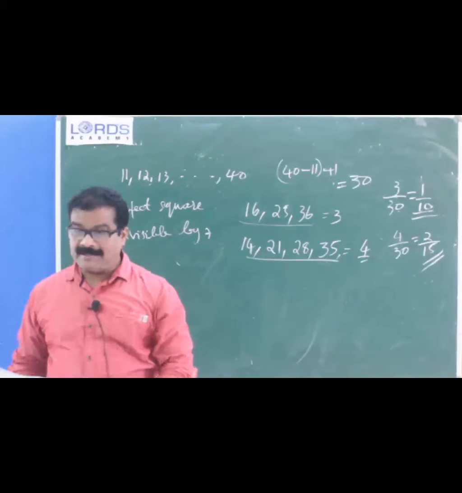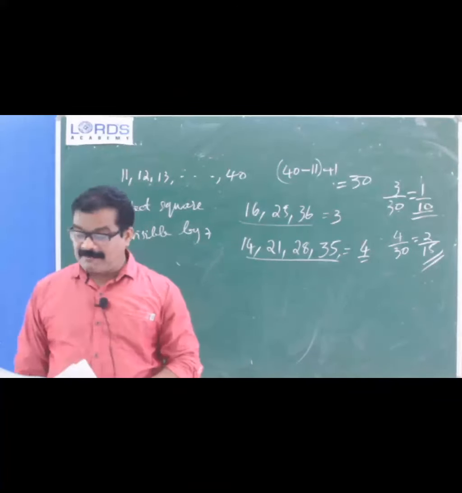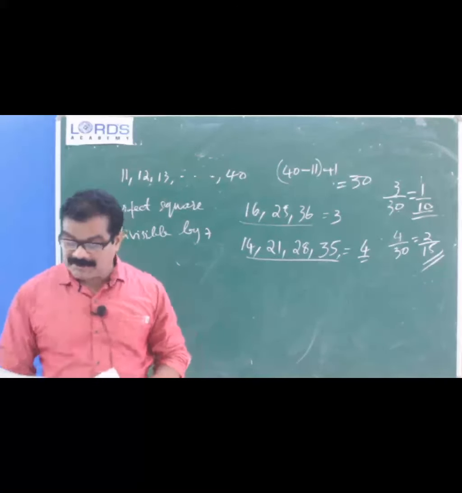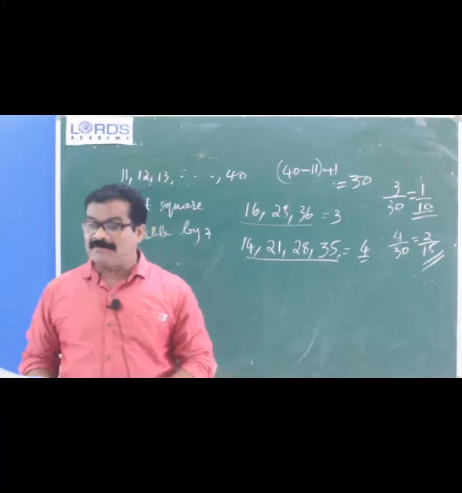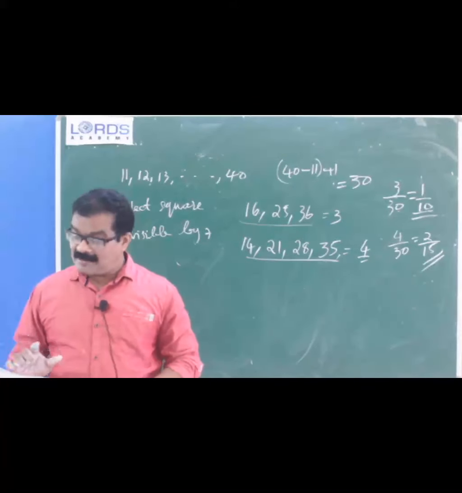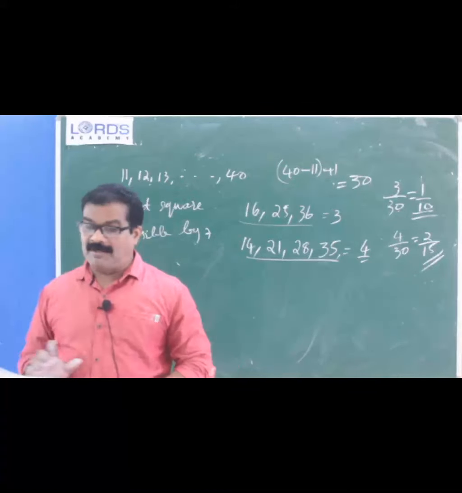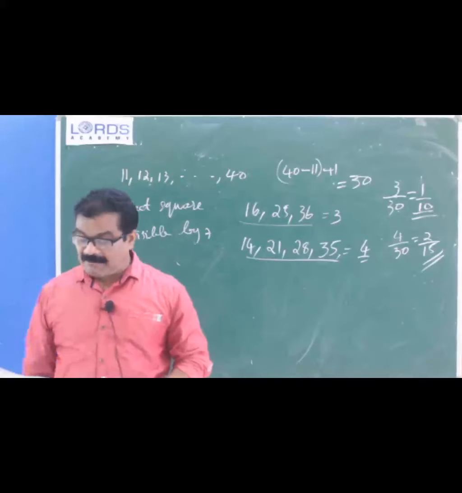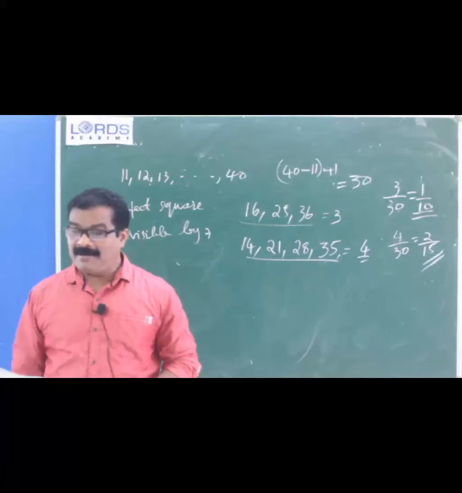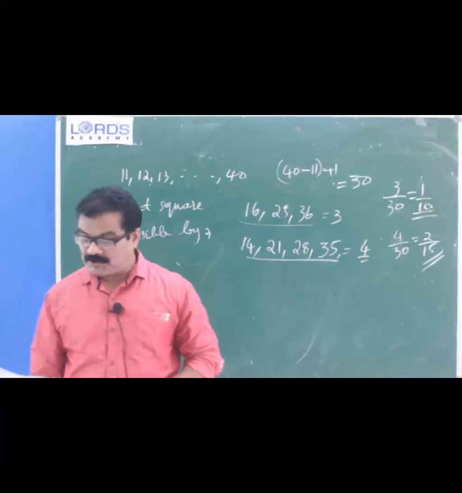Gayatri, please tell me. What is the probability of getting a positive integer? What is the number of favorable cases? 1, 2, 3, 6. You find out the number of positive integers: 1, 2, 3 only. So the number is 3. Then the probability of getting a positive integer is 3 by 6, which is equal to 1 by 2.